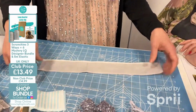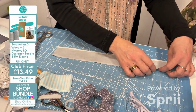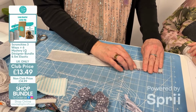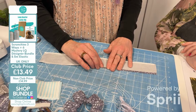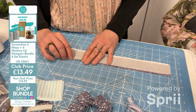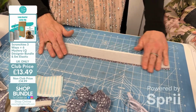Okay, so we're going to use that as a guide for our seam. Otherwise, you can just use your iron and turn over by approximately a quarter of an inch. But I can use the tape as my guide. And I've suddenly got a hem. How easy is that? So when I say it makes life easier...